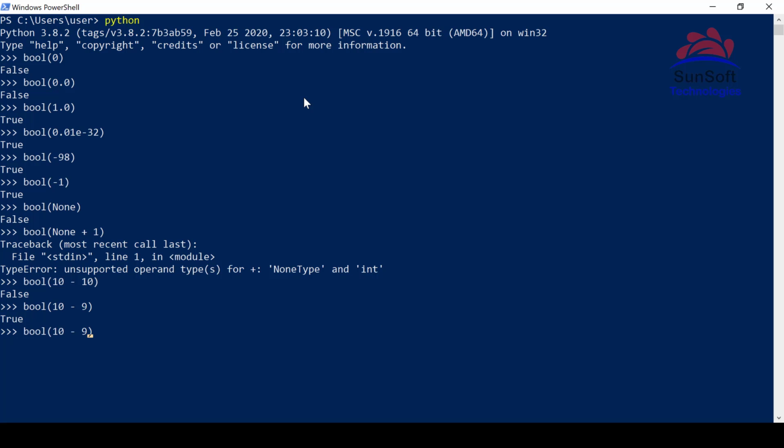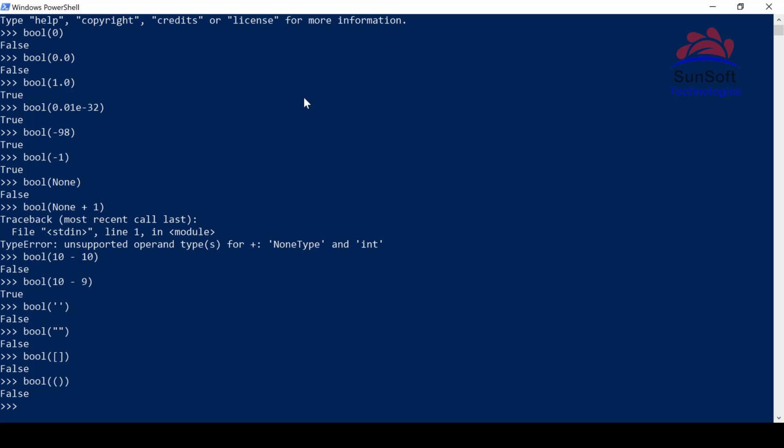Similarly, if you pass in a string, now I am passing two single quotes, False. Same is the case with double quotes, no issues. And what if I pass in an empty list? False as well. What if I pass in this? It is False as well. It takes it as a tuple. Do not get confused about what is happening over here, you're simply creating an empty tuple, and it is showing that as False only. So these are truthy and falsy values.